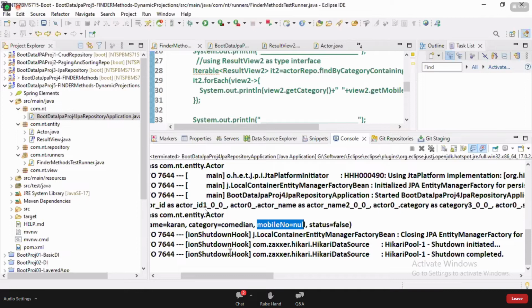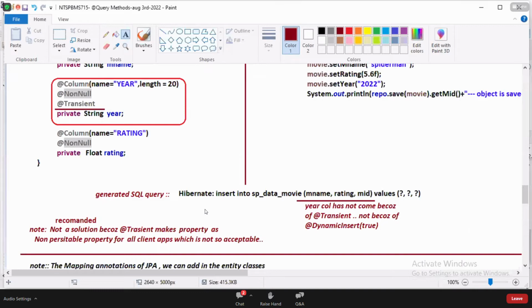Did you notice that, my dear? Got the clarity? So transient means it is making it forever non-persistent.